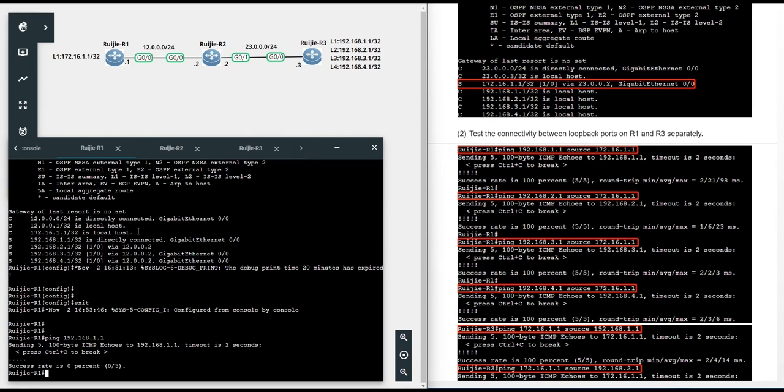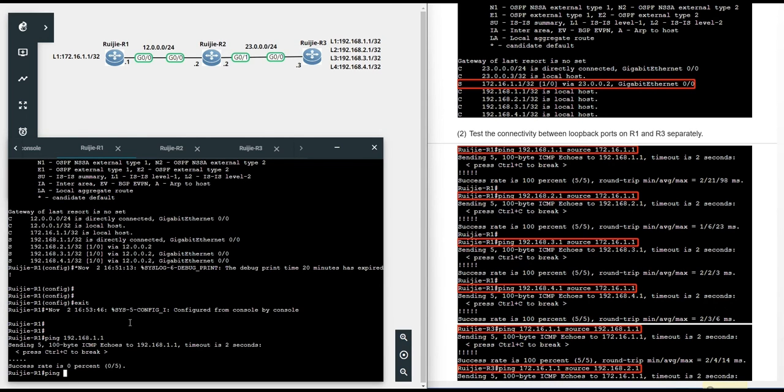Including 12.0.0. So the message cannot reply. The result is that the connection is broken. So if you do the test in this scenario, you must let router 1 know we have to use your loopback interface as the source IP. So the ping